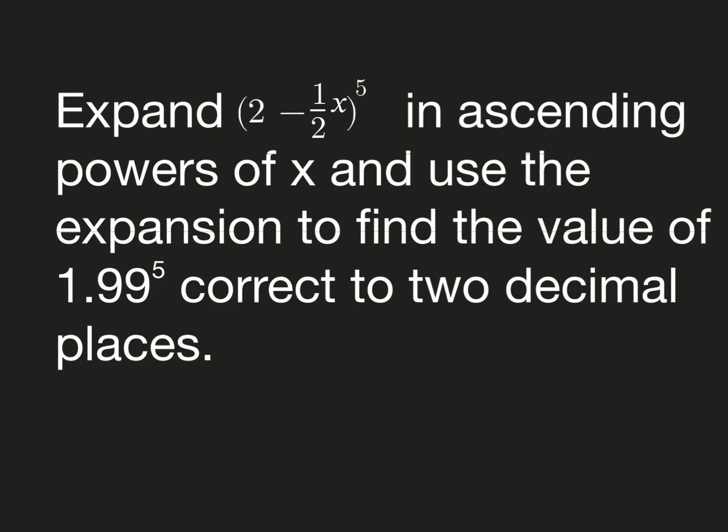Welcome back. We have a binomial expansion problem here that reads: expand (2 minus 1/2 x) to the power 5 in ascending powers of x, and use the expansion to find the value of 1.99 to the power 5 correct to 2 decimal places. Solution: